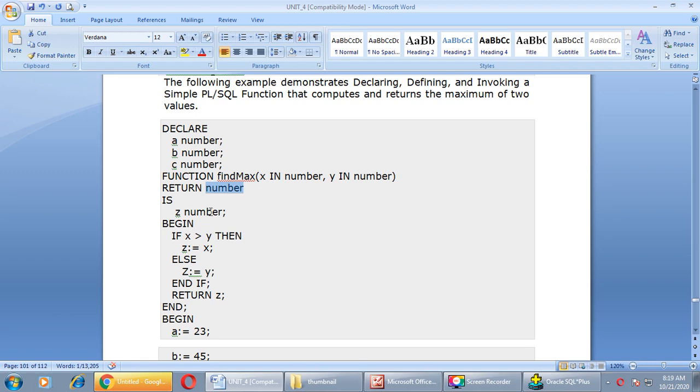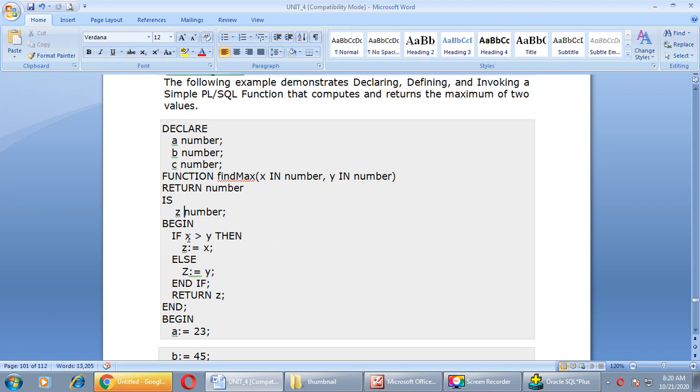z number, and we will return the value of z through this function. Right, our executable block is initialized with the begin keyword, as you can see. Now we compare the values of these two variables x and y using a comparison operator through the if condition.